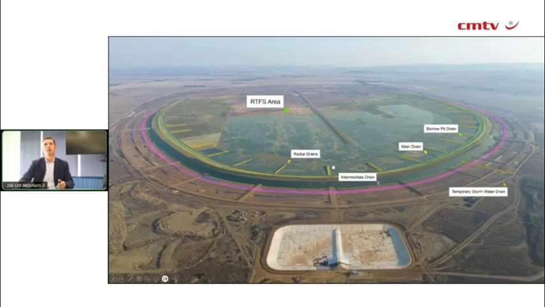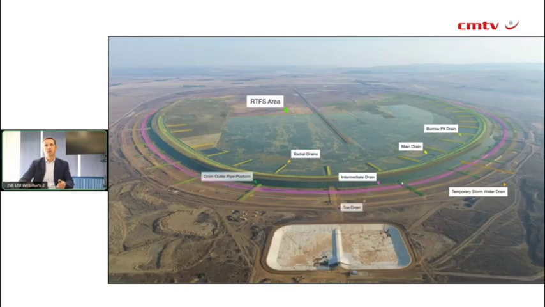Now these drains, what will happen is once you start depositing, you'll start depositing onto the inside of the drain. That's called upstreaming, but then at a point in time, you'll also do downstream depositioning, which increases the width of the starter wall, and you'll actually start depositing on the outside, and that is the purpose of your intermediate drain, to then cover the water from whatever you're depositing on the downstream side of things. And then you've got a toe drain. Right at the toe of the tailings dam facility, you've got another set of drains.